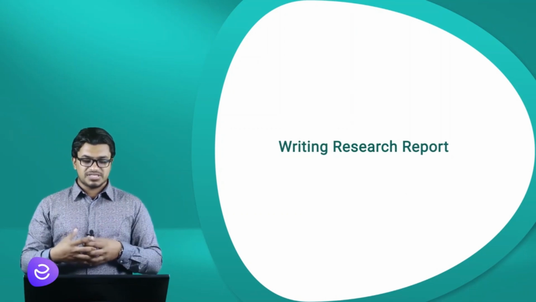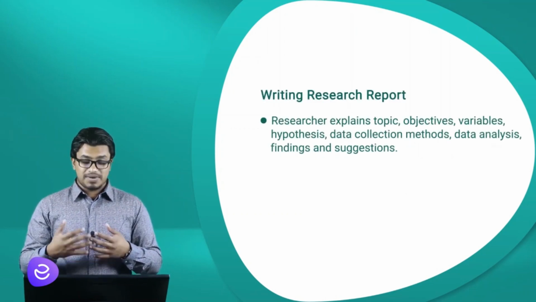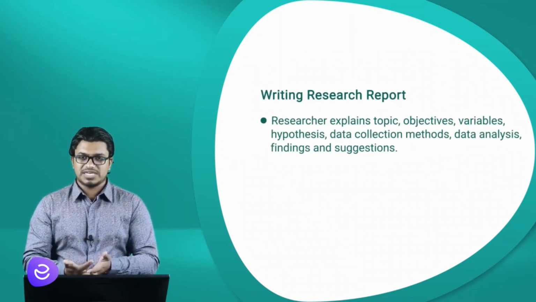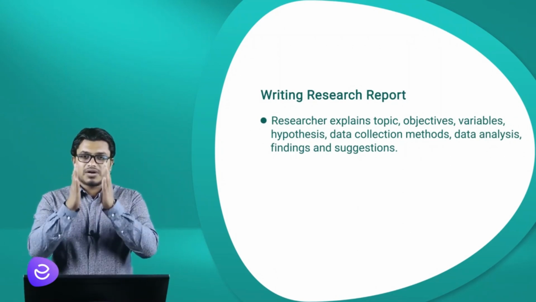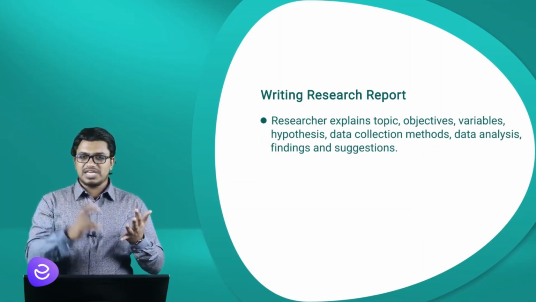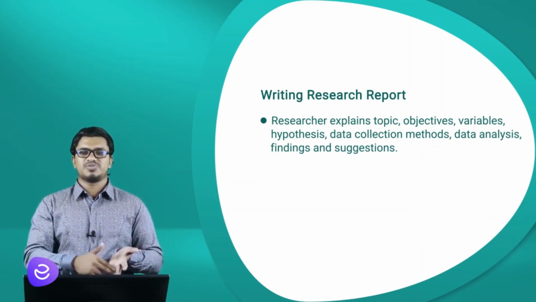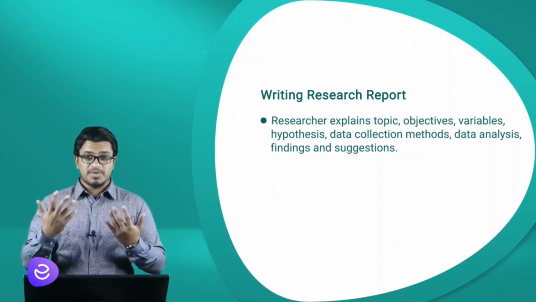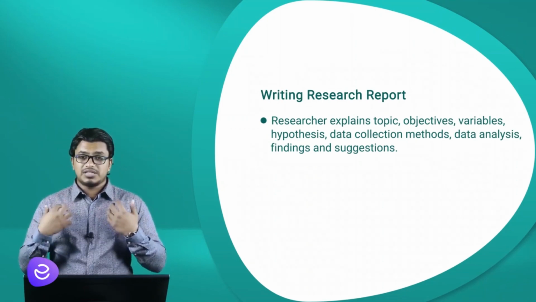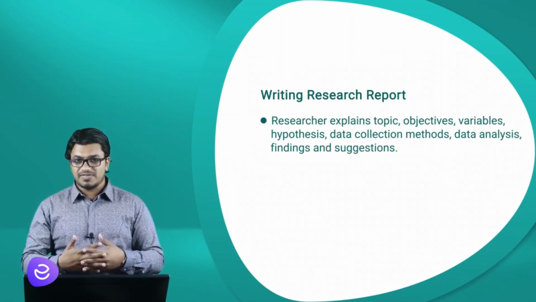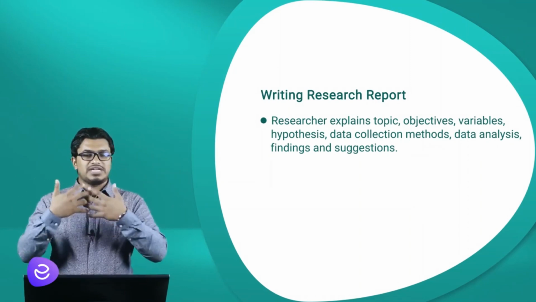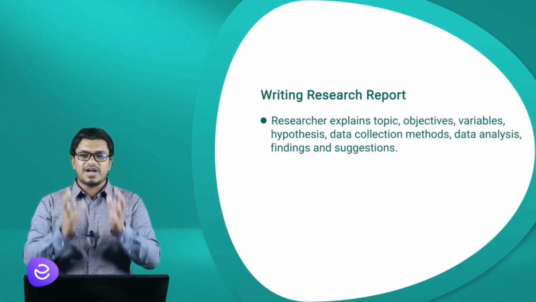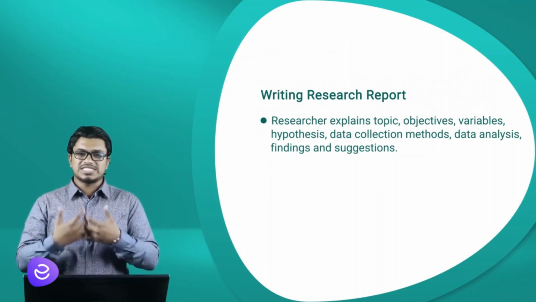The last step in a research process is to write the research report. The researcher explains about the topic and his objectives; we prepare a research book or a research report. In that we give an introduction, we tell about our research problem, our objectives, maybe our hypothesis, the limitations and challenges that we faced, an introduction into the topic, then the review of literature, the data that we have collected, the findings, the suggestions, the conclusions; everything comes in